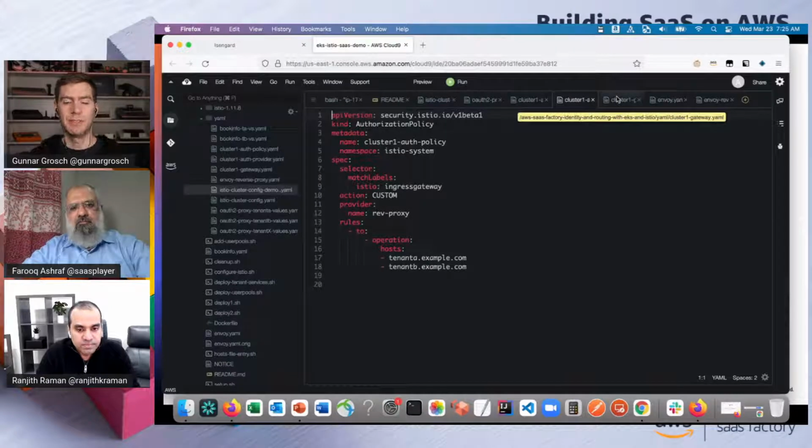And do these different parts in Istio run as separate pods in EKS, or how does that work in the solution? Yes, so the Istio Ingress Gateway runs as a separate pod in a separate namespace. We want to keep it in a separate namespace. It could run practically anywhere, but we want to keep it in a separate namespace for security reasons, so that only authorized users have access to make any configuration changes and so on.